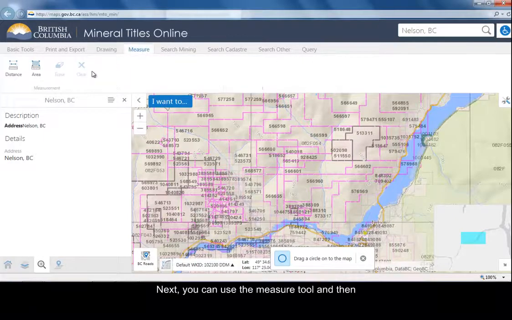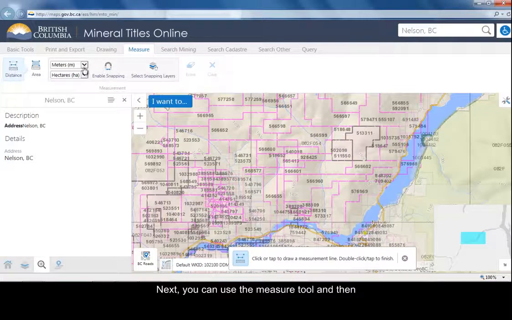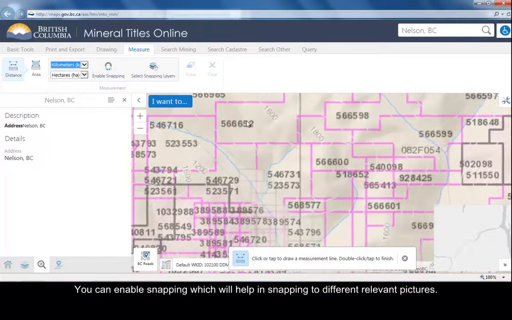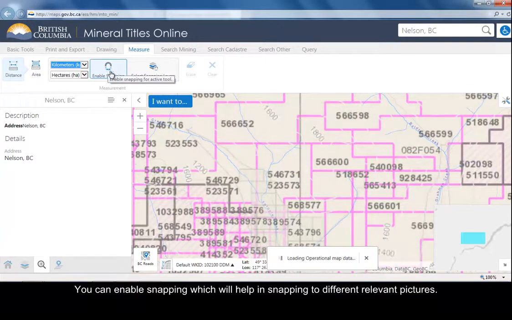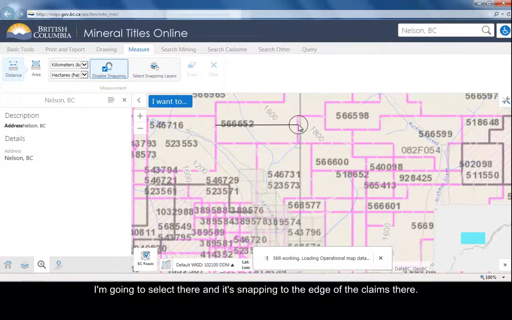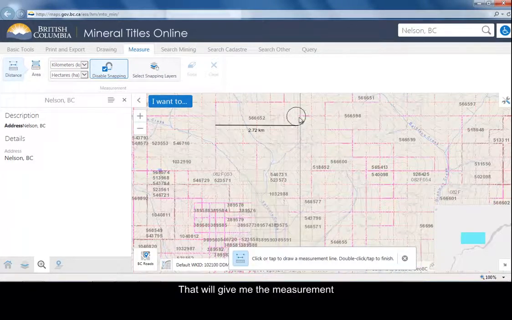Next, you can use the Measure tool. So here you measure, and then you can select the units that you want to use, and then you can enable snapping, which will help in snapping to different relevant features. So, say here, I'm gonna select there, and it's snapping to the edge of the claim numbers there. So that'll give you the measurement,